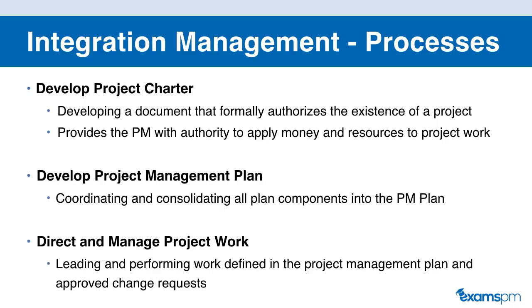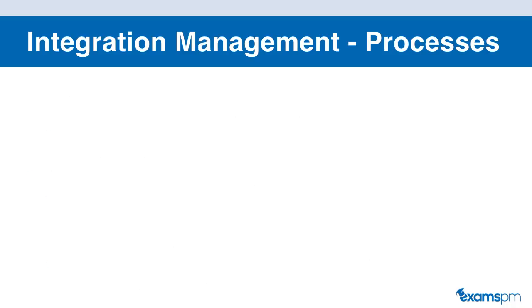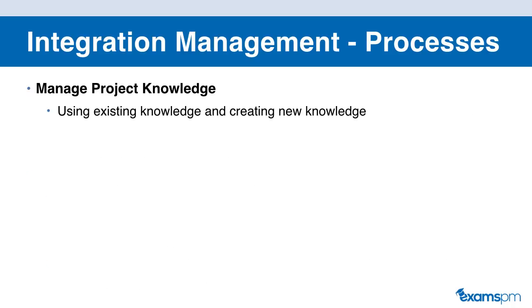Now, after we have developed our plan, we're ready to begin our project work. So this leads us to our next process, which is to direct and manage project work. This is when you're leading and performing work defined in the project management plan and the approved change requests. This is when you're implementing or executing what was in the plan. Next, we have manage project knowledge. This is using existing knowledge and creating new knowledge in order to achieve your project's objectives and to facilitate organizational